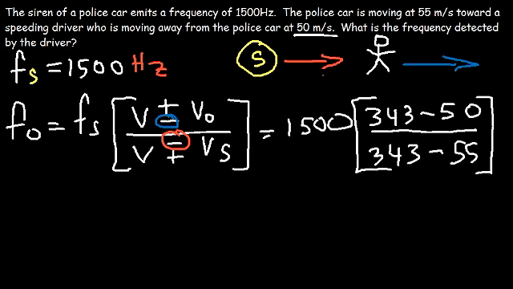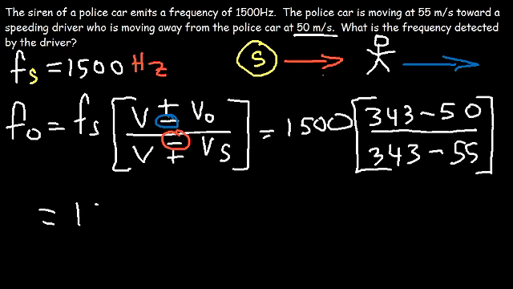Make sure you understand this, by the way. So you can always remember this too. If the source moves towards the observer, or the observer moves towards the source, use the upper sign, which we did in this example. The source moved towards the observer. If the observer moves away from the source, or if the source moves away from the observer, use the lower signs. We did that for the observer because the observer is moving away from the source. So that can also help you too, if you prefer to view it that way.